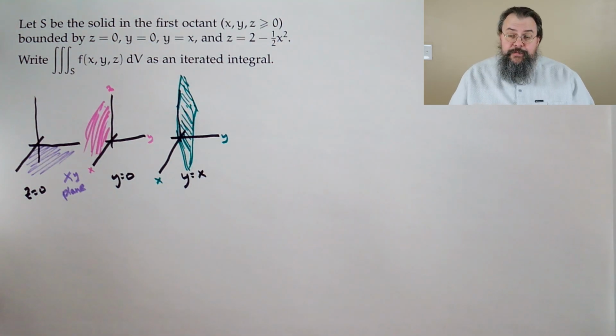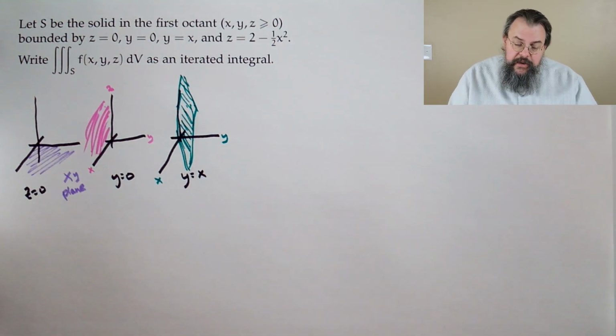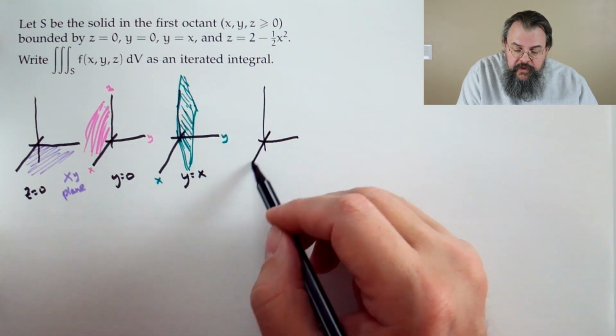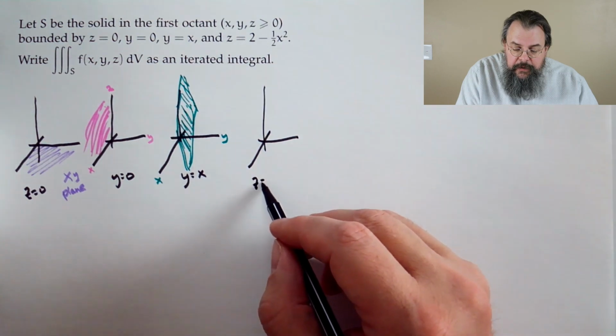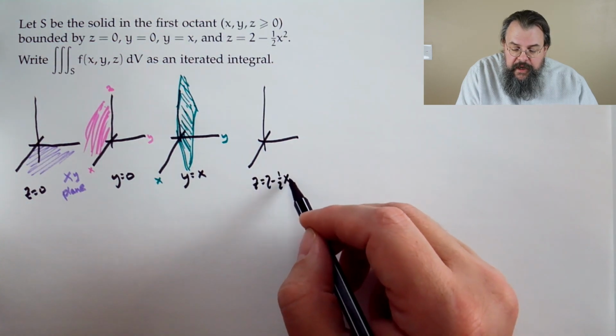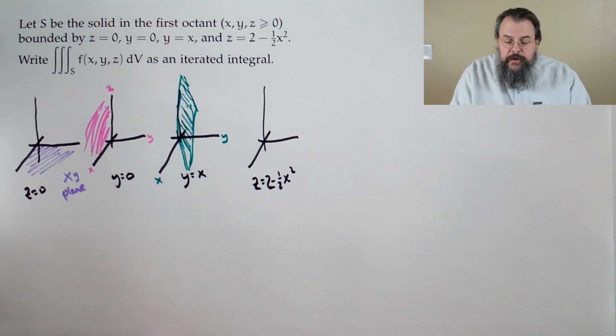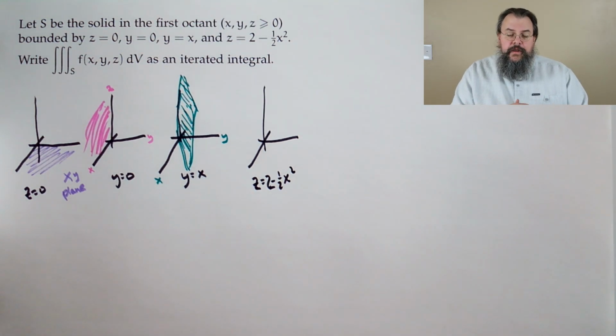Now, what's the last piece? Well, the last piece is going to be z equals 2 minus 1/2 x squared. Okay, well, what will that look like? Well, think about the